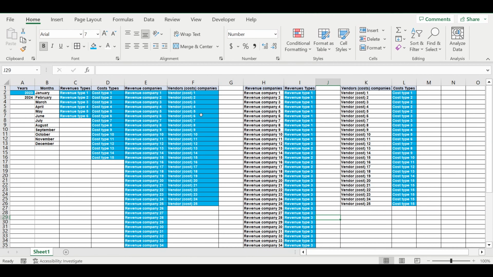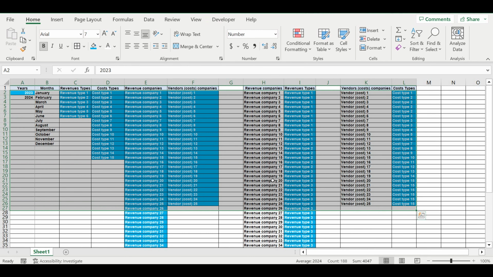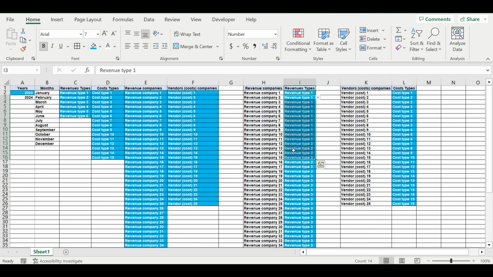Today we'll continue building the template for a small business owner who wants to see the clear picture of revenues and expenses by types. In the previous video we started creation of the library of revenue types and expense types, and we started assigning revenue types for different companies that form our revenues, and we started assigning cost types for the vendors that form our expenses. And today we will start